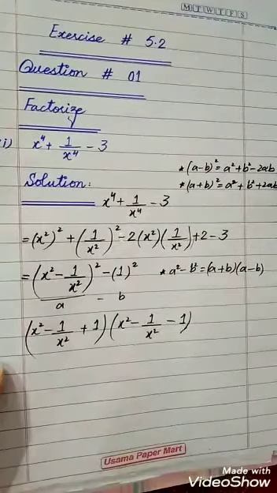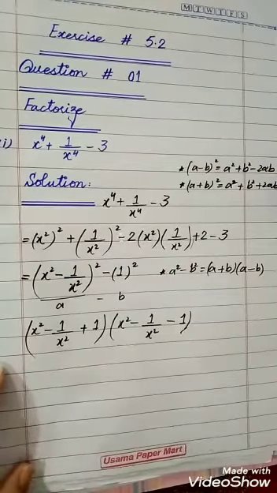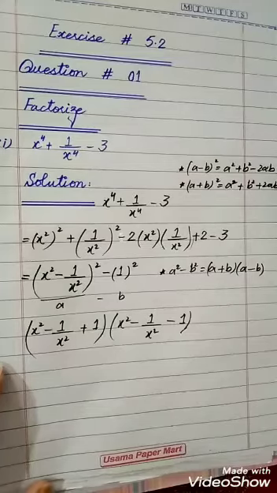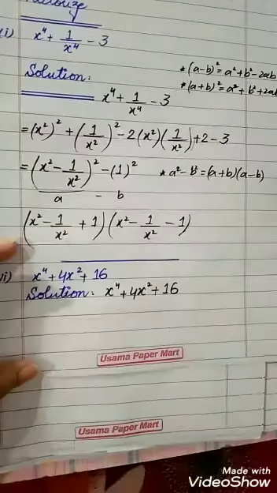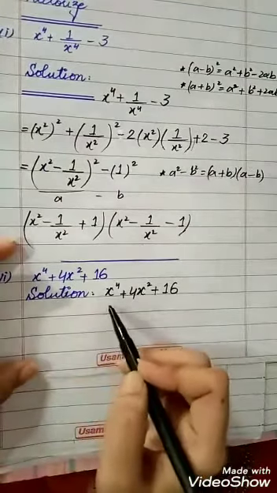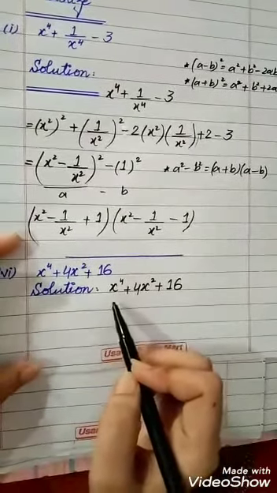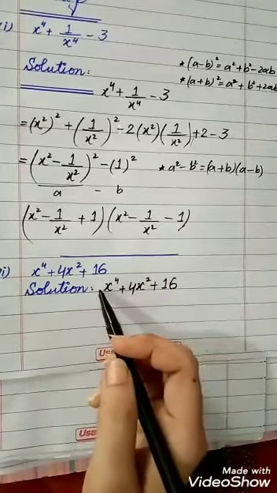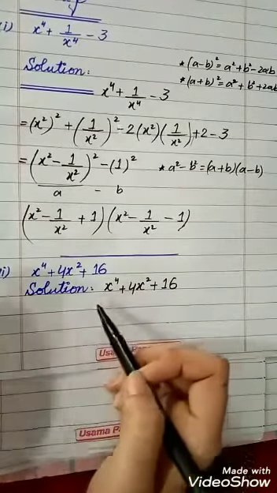So students, there are 6 parts of question number 1. I have done one part for you. One more I'll do for you, and the remaining you can do, because all are with the same method. Now students, move towards part 6. There are 6 parts. The remaining parts you will solve. I am solving part 6.